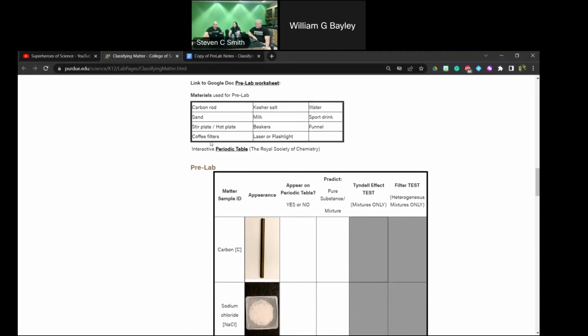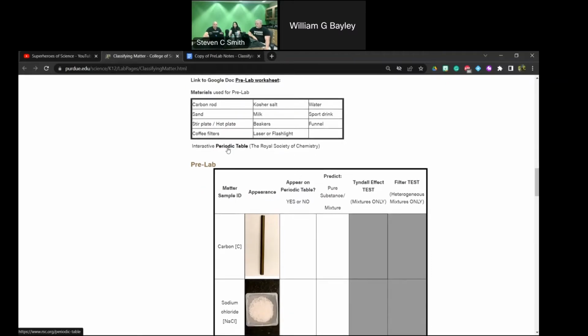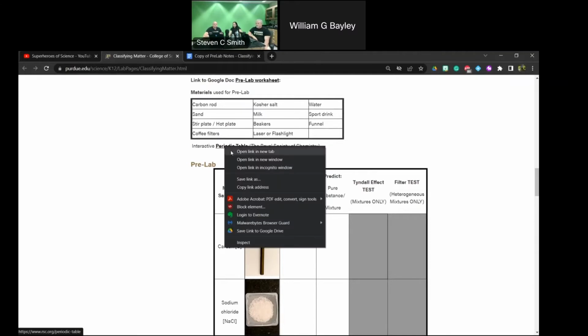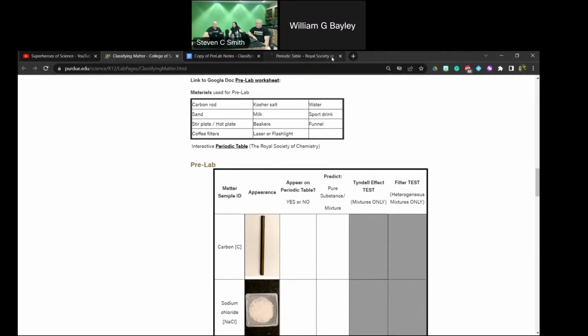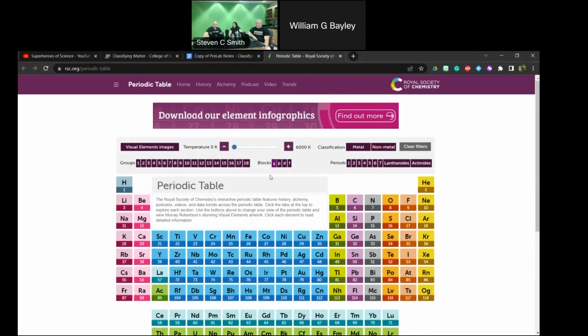But it's also important that we have an example of a periodic table. And this is something that my department of chemistry here actually has on their departmental page. That's one of the ones that they show. It's the Royal Society of Chemistry periodic table. I think it's kind of a cool one. They also have links to an app that you can use.